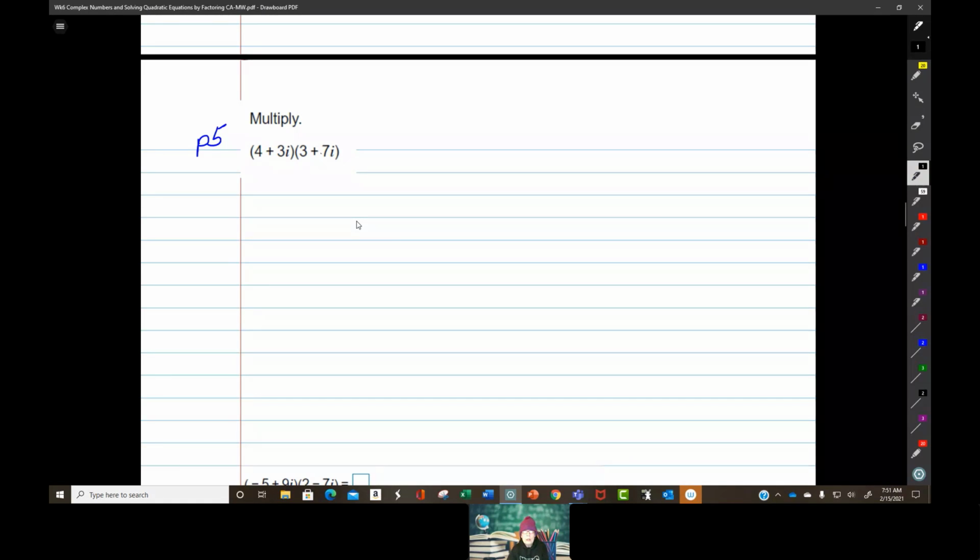You can FOIL or you can distribute. So I'm going to take the 4 and multiply it by 3, and the 4 and multiply it by 7i, and the 3i and multiply it by 3, and the 3i and multiply by 7i. And that will give us